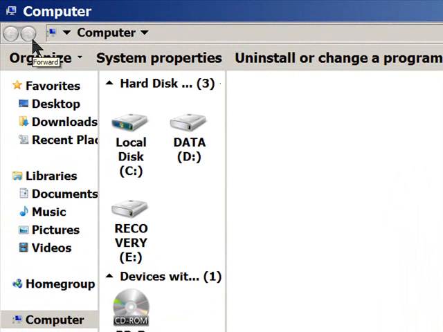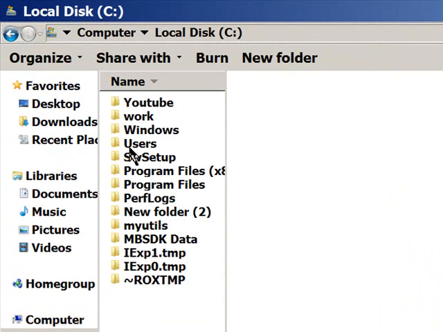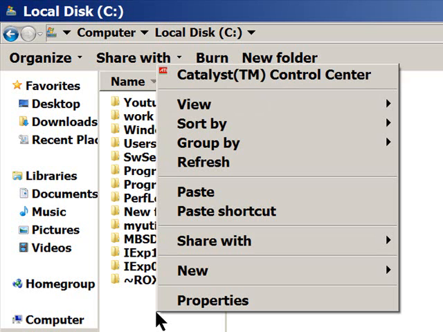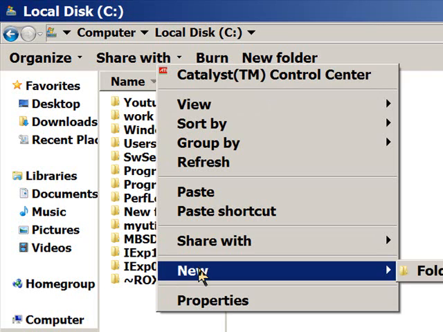And what I'm going to do is go in my C directory here, and I'm just going to experiment and create a folder to keep some things organized. Joe Bob's going to use my computer, and Joe Bob wants to put his music on here. So I'm going to create a folder for Joe Bob, and I do that by